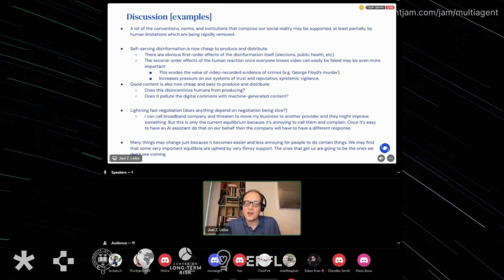And that could be even more important than the first order effects. Because it could, say, erode the value of video recorded evidence of crimes. The evidence of George Floyd's murder was a video that someone took. But if no one trusts anyone's video recordings anymore, that would have been harder to deal with. And it would increase pressure on our systems of trust and reputation and such.